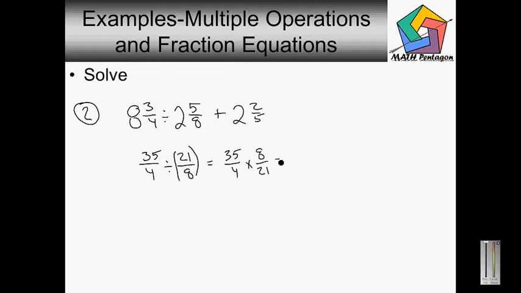Now we multiply, but I want to simplify before I multiply to make things easier. So 4 goes into 4 1 times, and 4 goes into 8 2 times. 7 goes into 21 3 times, and 7 goes into 35 5 times. So now we have 5 times 2 over 1 times 3, which is going to give us 10 over 3. Now we have 10 over 3